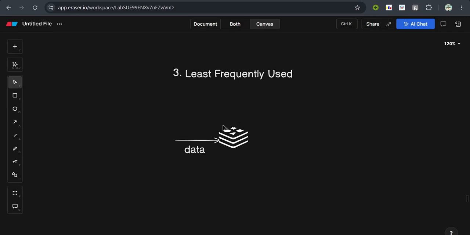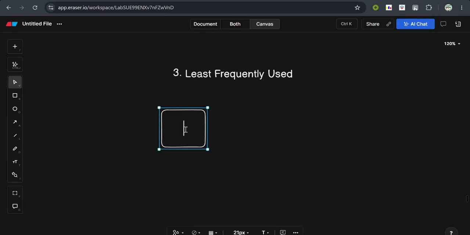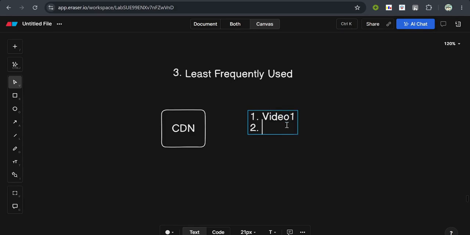A good example of this can be, let's say, a CDN. Let's say we have a CDN server, and in this CDN server we have a cache for video storage. So we have three videos stored here: video one, video two, and video three.